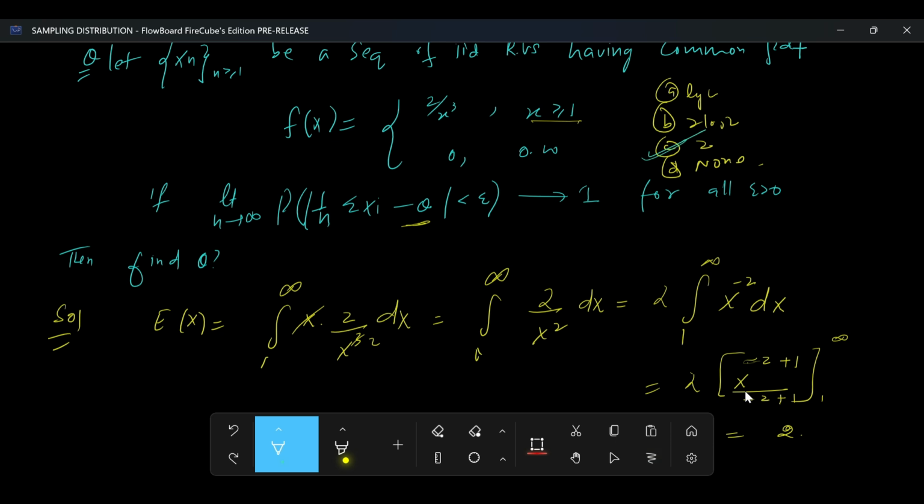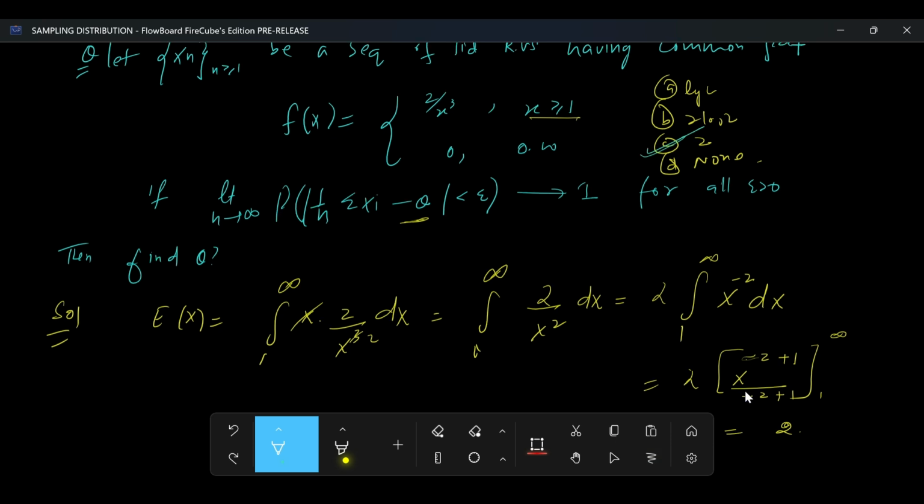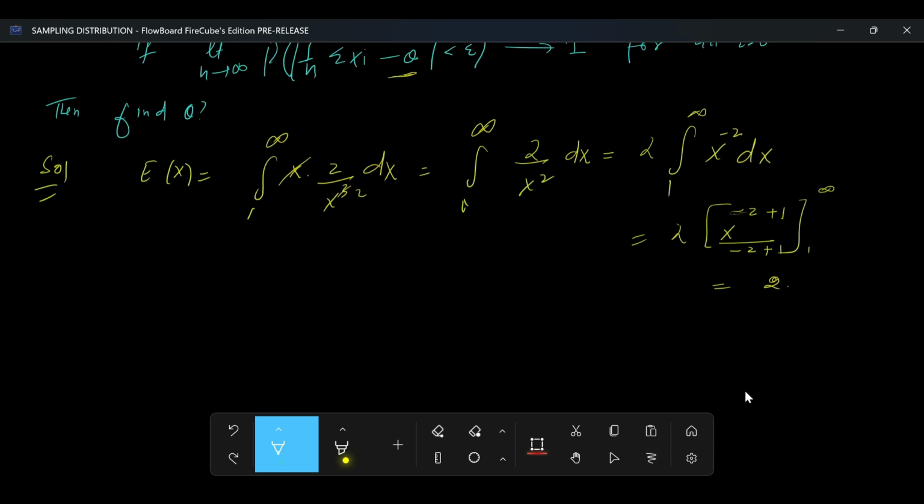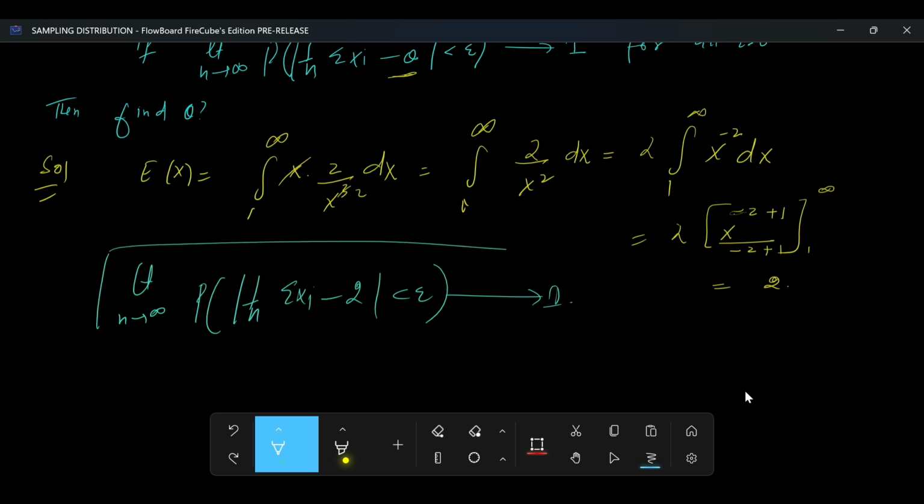So we say limit n tending to infinity, probability of |1 by n summation xi minus 2| less than epsilon will converge to 1. Most of the questions from this topic would be theoretical questions, and sometimes some numericals will also be